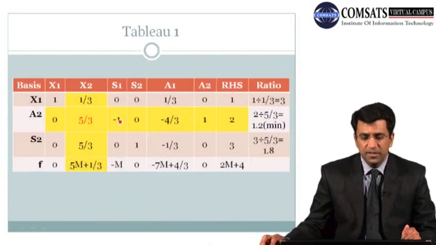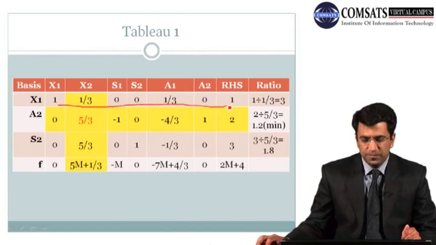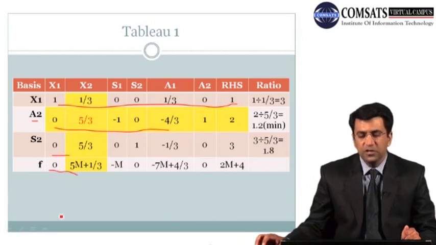So in this particular table, this is actually our new pivot row. Again, we have already computed the values of the new A2 row. We will replace the values of the A2 row here, and similarly for S2 and the new F row, we have already computed all these values. So we will put all of these values in this particular table again, and again we